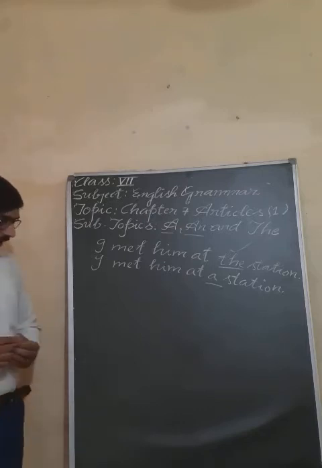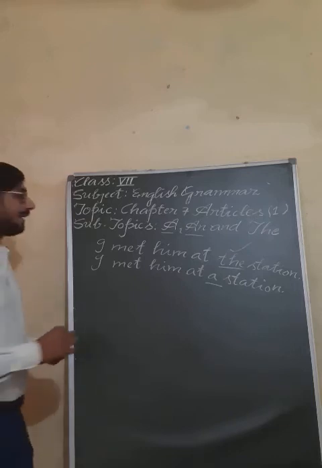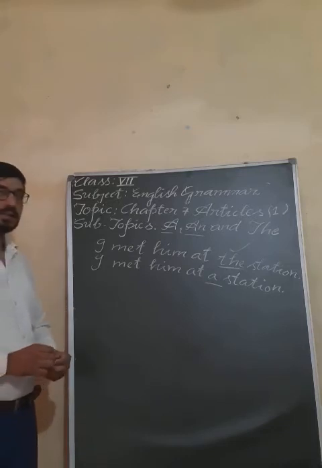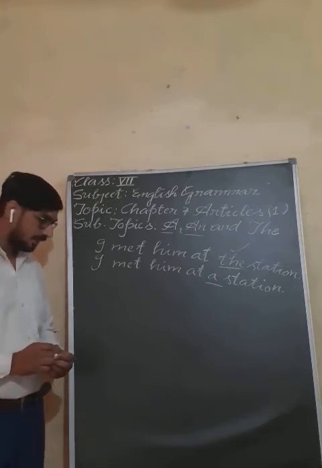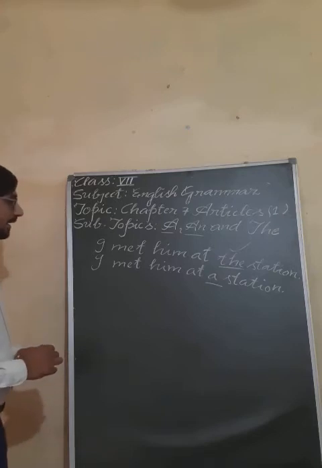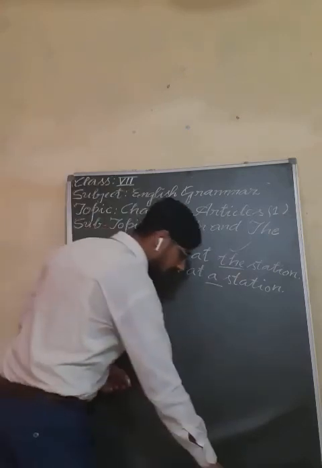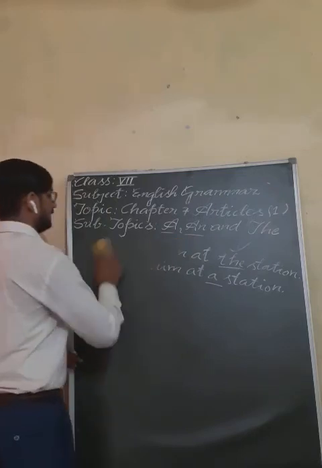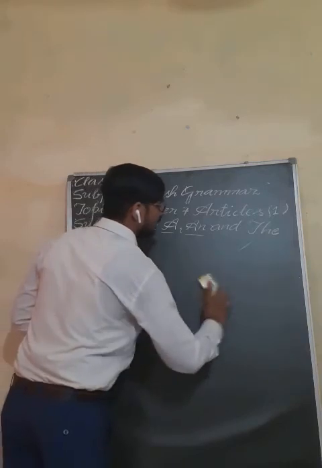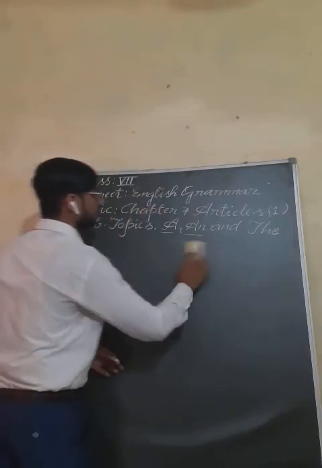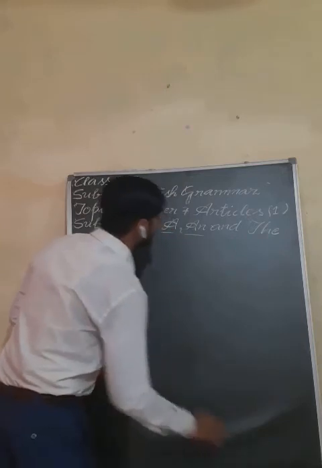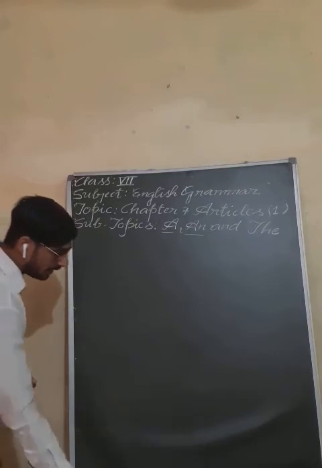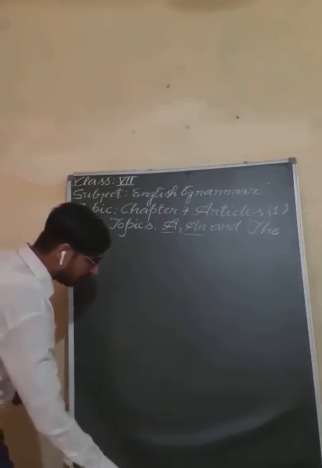One example I will also take for you. Suppose that Gopal has cleaned the car. Gopal has cleaned the car means we know that it is the car of Gopal. It belongs to Gopal. And they went in a car. So here you don't know whose car it is. So when the sense is not clear, you can use a and an, and when the sense is clear, you can use the. Understand? So I hope that you are enjoying your chapter and understanding it properly.